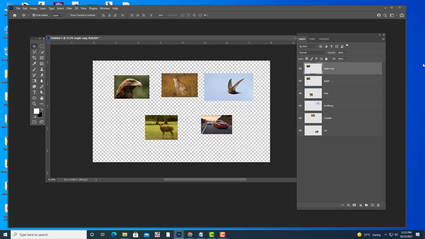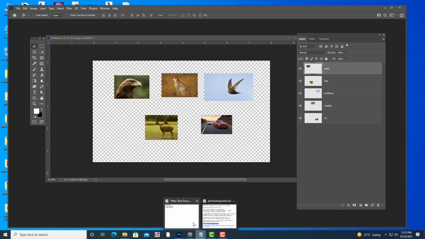See, Ctrl+J, now where is the duplicate? It is sitting on top of the original. So that is the difference between Alt drag and Ctrl+J. Okay. Next.